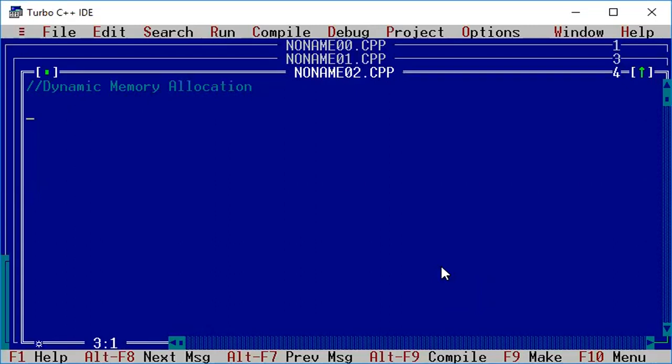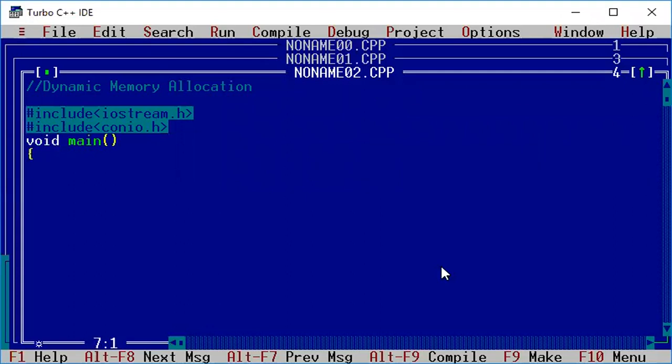and we will start our program again the same way. We will use some header files. First we have to include the header file iostream.h, that is specifically for the input output operators. And the second, include conio.h, that is specifically for the console input output. And we will start our main function,